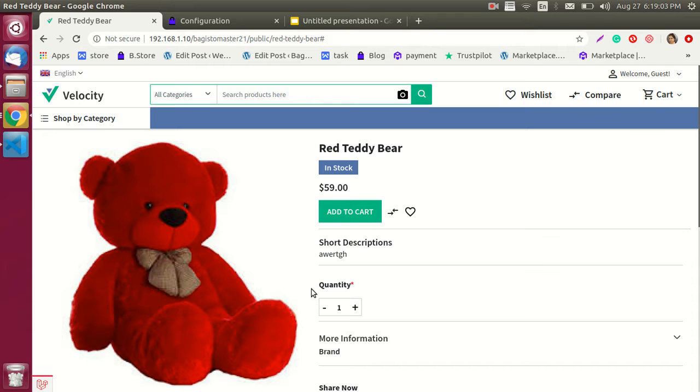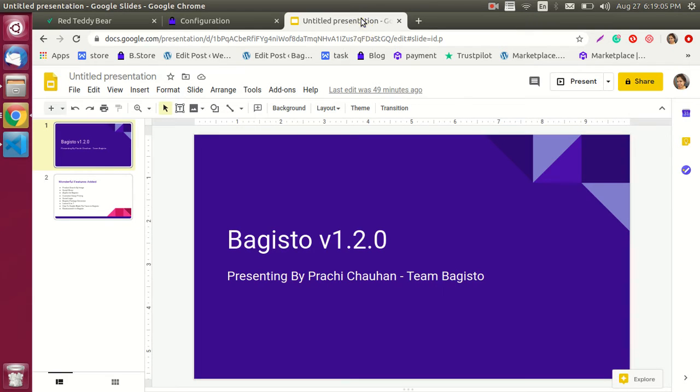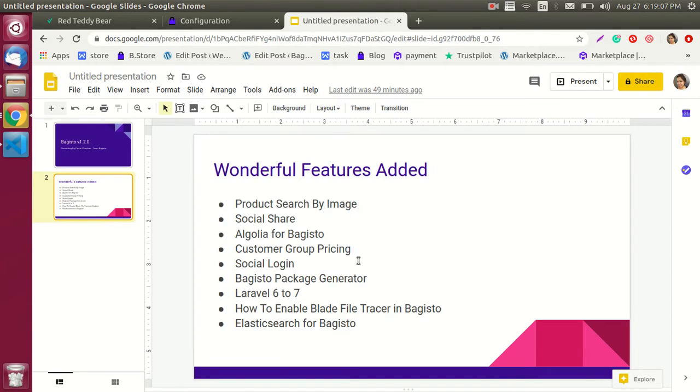Now let's move on to the next feature in the list, which is Algolia for Begistore. So guys, with the help of this feature, you can integrate the Algolia search engine into your Begistore web store. Algolia is a hosted search engine capable of delivering real-time results from the first keystroke.